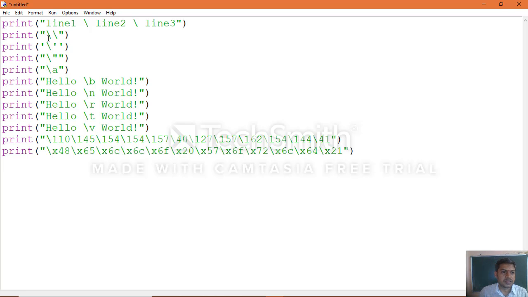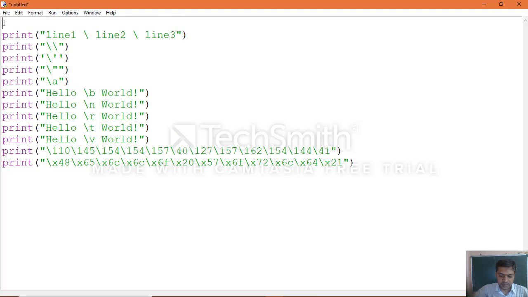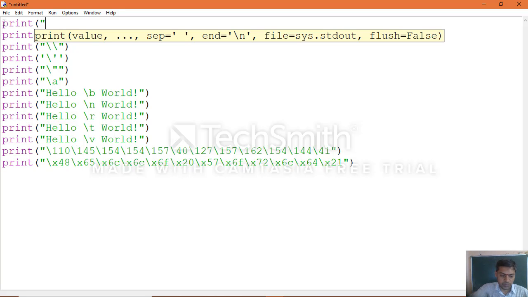Okay, so the program, copying all the statements like print escape sequence in Python programming.